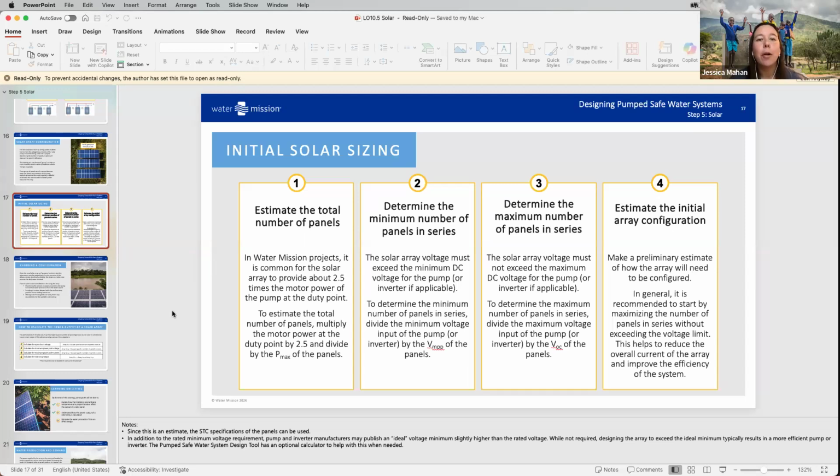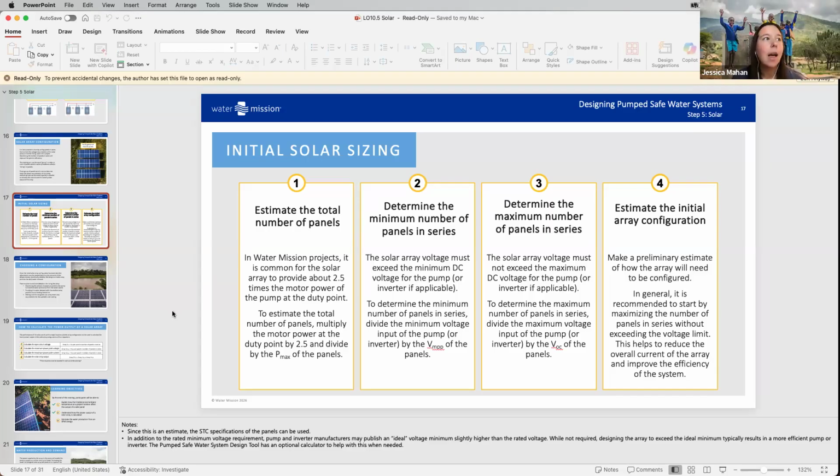But again, there are different ways. This is one way to determine your number of panels. There are other ways. And we're always going to check our design in the end, right? So if we make a mistake, we estimate too many or too few panels, then